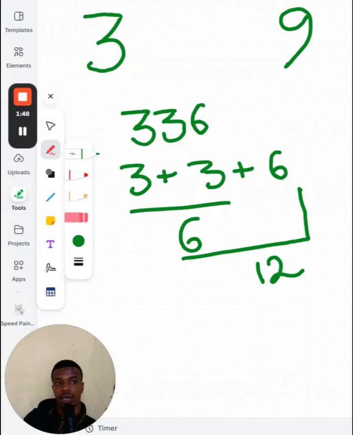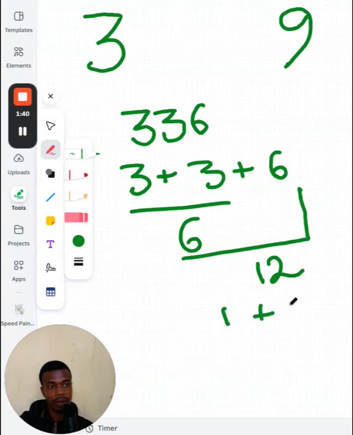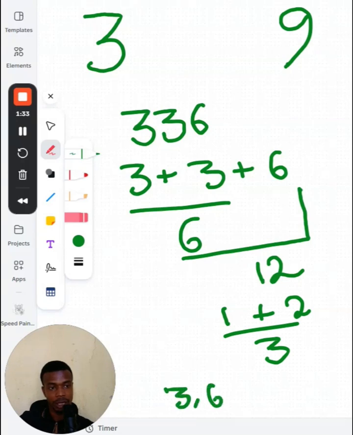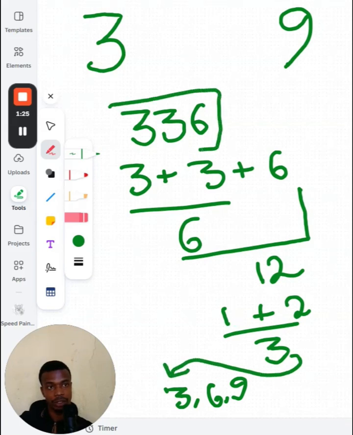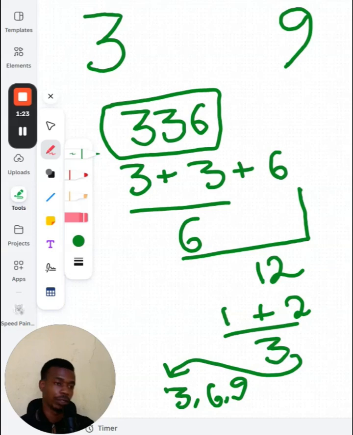Now, repeated sum. These are two digits. We still need to add these digits up and arrive at a single digit. 1 plus 2 is 3, and 3 is part of the bracket 3, 6, or 9. For this reason, since we get 3, that means that this number is divisible by 3. So you see, this method is really much more straightforward. And the same principle also applies to